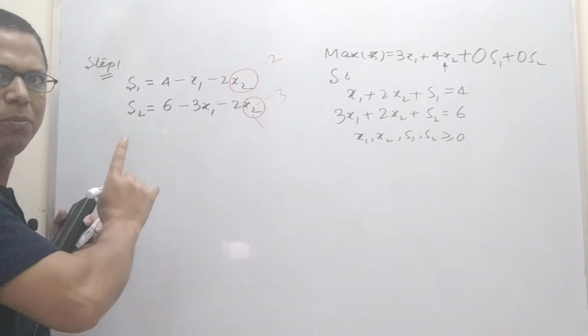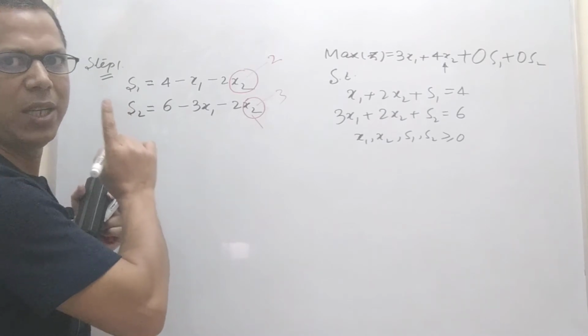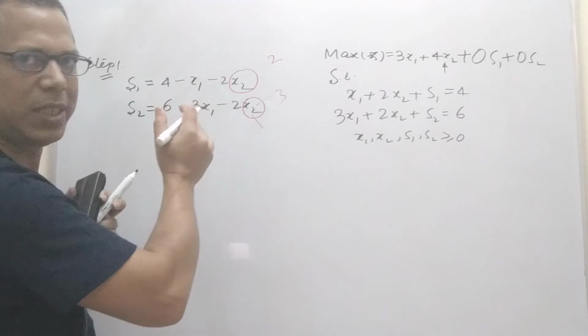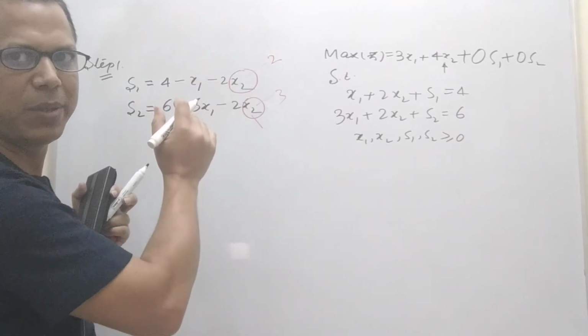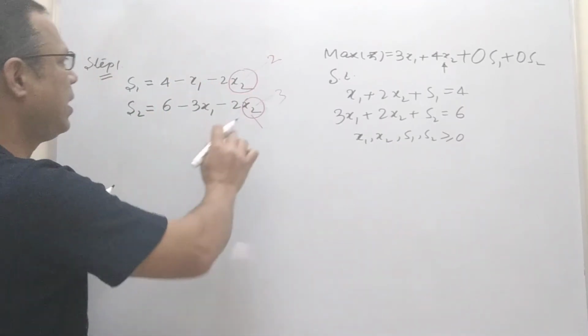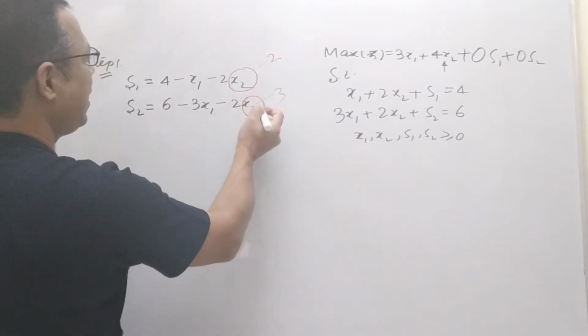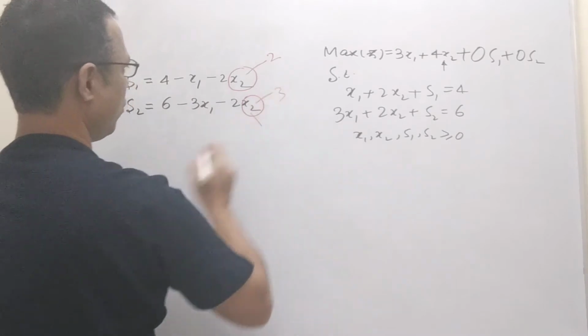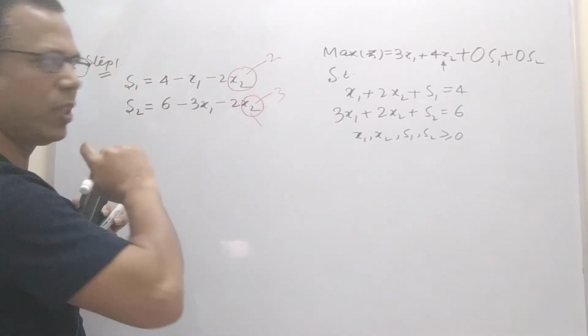Be concentrated, this is very important. If you get this concept, then you will automatically proceed through all the steps; you just need to go through this concept and you will get the solution. So here you just need to concentrate. At a time we cannot consider two different values for x2.